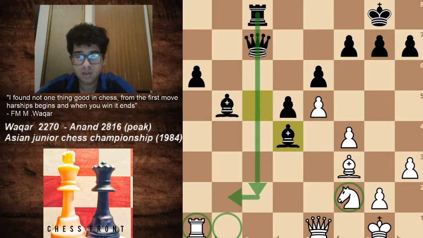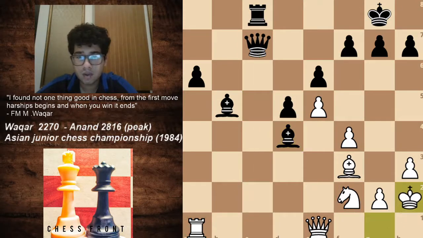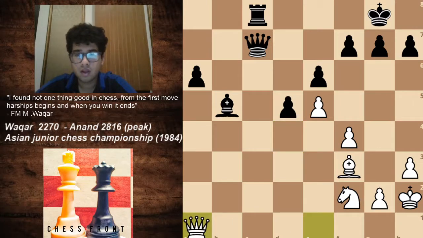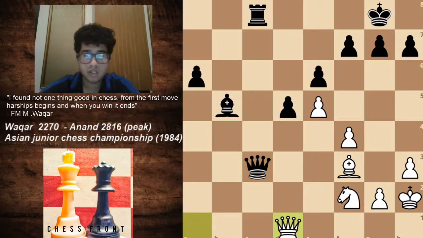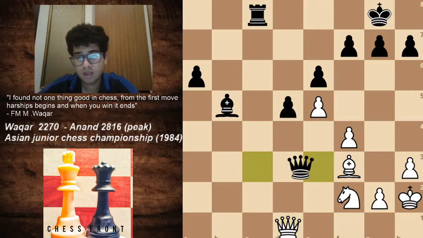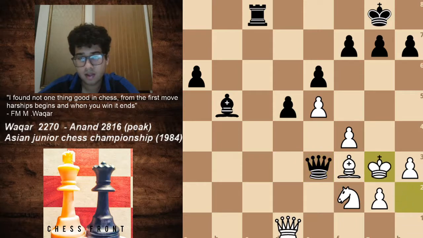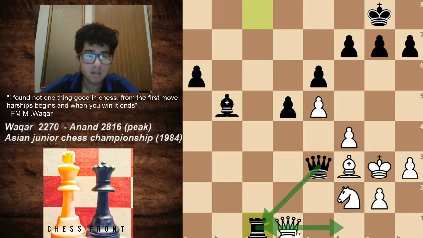So over here, I believe white mentally resigned the game as he played queen h2, giving up the rook over here. So the game continues on for a few moves. Queen captures a1, queen c3 was played, offering exchange of queens. Obviously, he declines, but that only makes his position worse. So queen d1, queen e3, threatening to take over here, king g3, and the final nail in the coffin was rook c1, because after this the queen is effectively trapped.